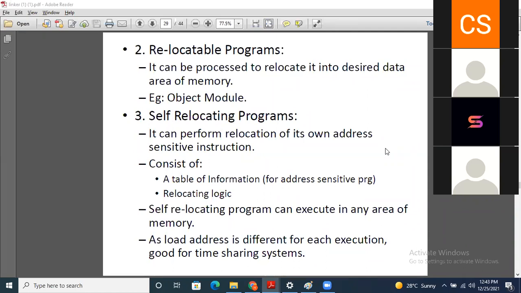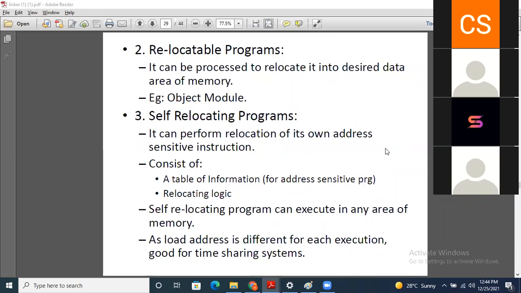This program consists of a table of information which has the address sensitive instructions, and it contains the relocating logic.